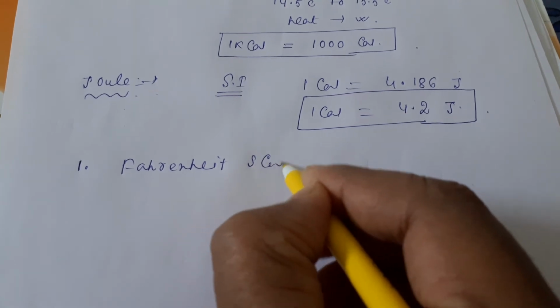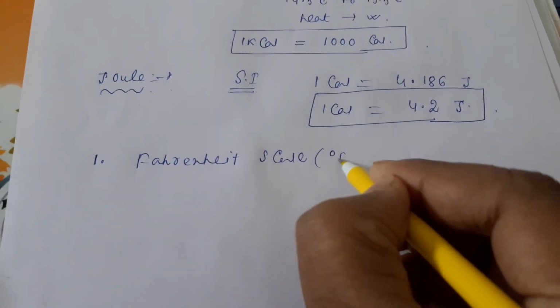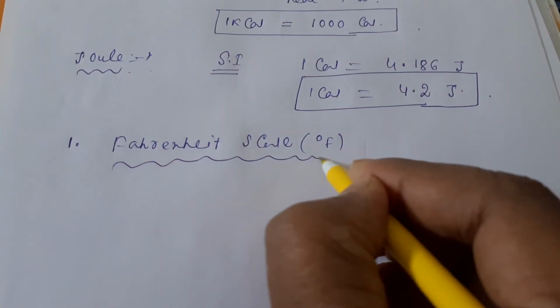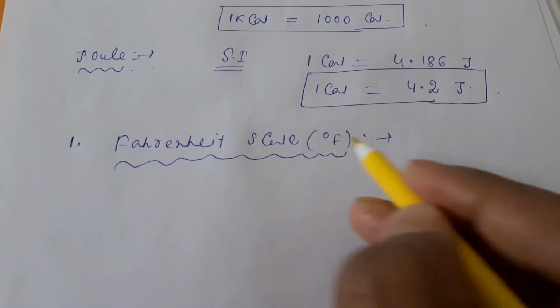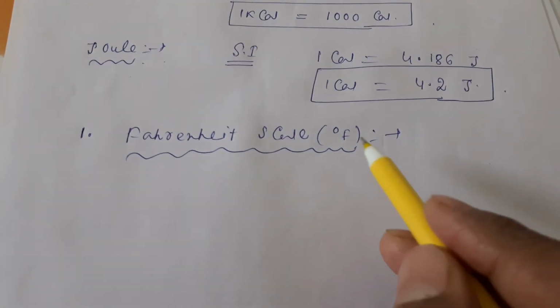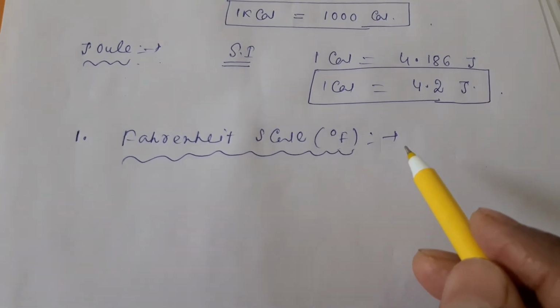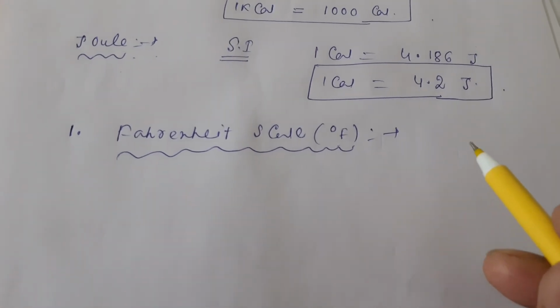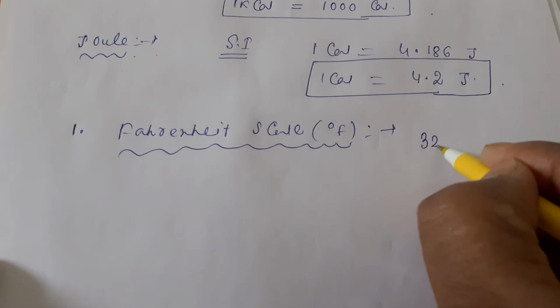That is the Fahrenheit scale. Okay, that is 0 degree Fahrenheit. That is the degree Fahrenheit, you can tell that one. That is the actual unit of this. We know that the unit of temperature is also there. So minimum temperature and maximum temperature are very important.